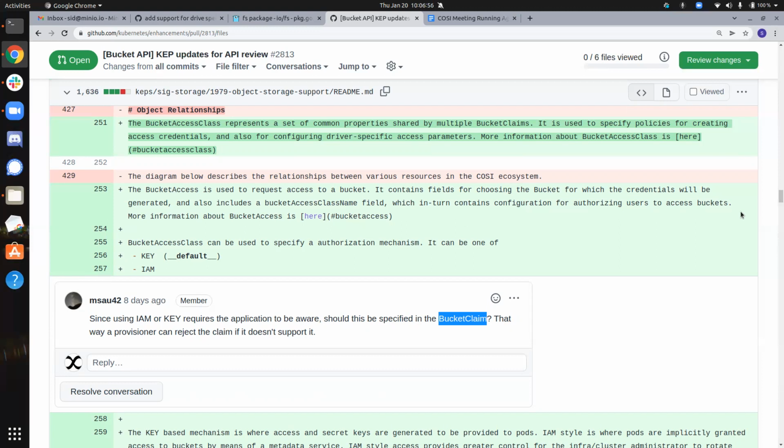Even in PVCs and PVs, take the example of storage class: a bunch of things can only be specified via the storage class, like the file system. So I don't know if it's any more complex than other Kubernetes resources, but like you said, if someone has a strong point,